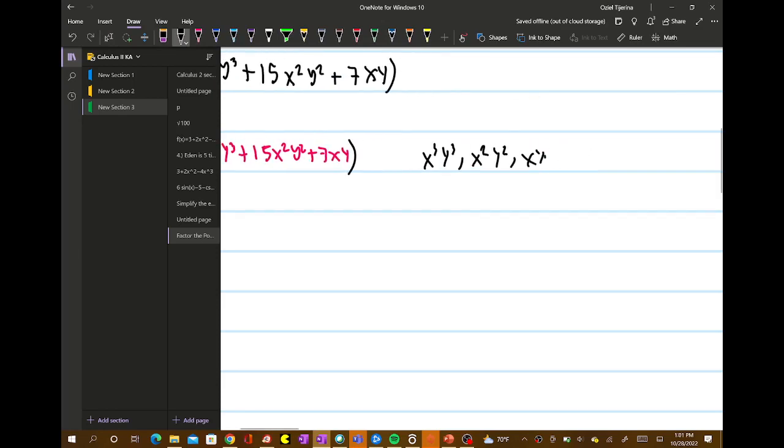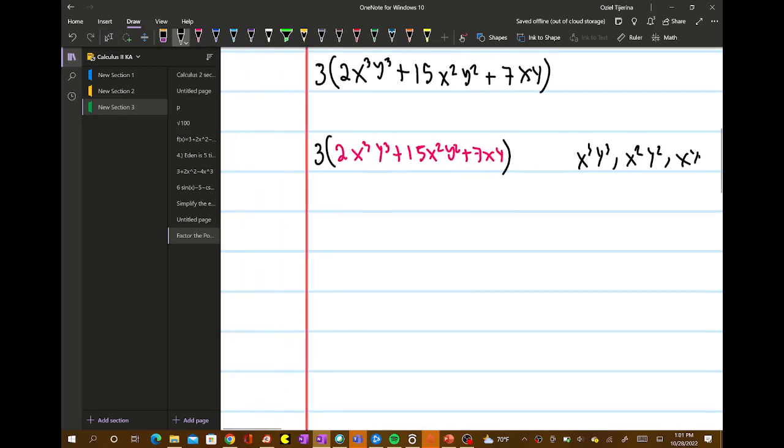What can I divide all of these by? What's the greatest common factor of these? What can I divide all of these by so that they divide evenly? Obviously, they all have an x and a y in common, so I can factor that out. So I can get 3xy,